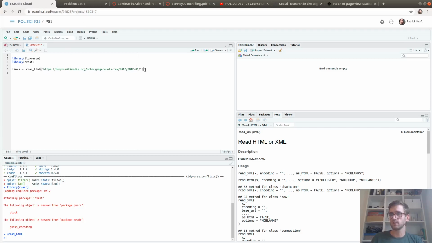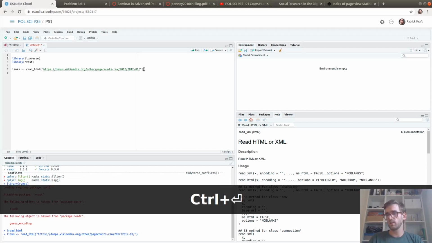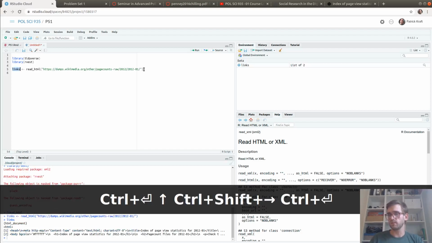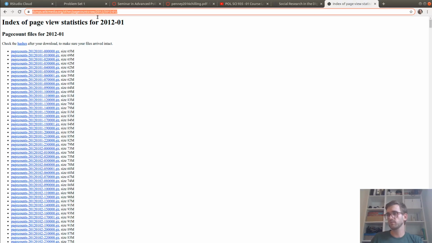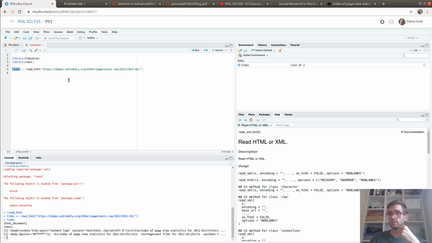Okay, so if we look at this, this is just basically the HTML information of the entire website. And of course, that page itself has a bunch of other stuff. And ultimately, all we want is the links to these specific page count data sets. Okay. So in order to